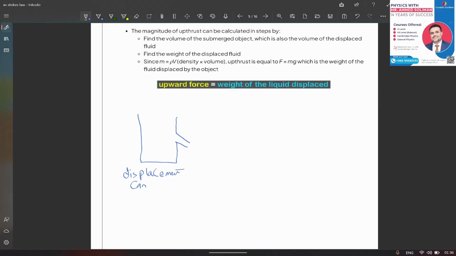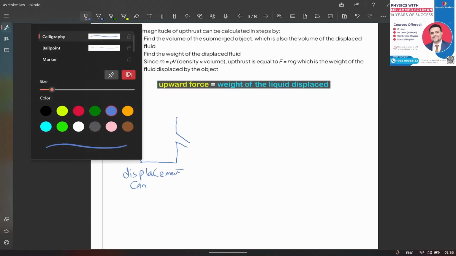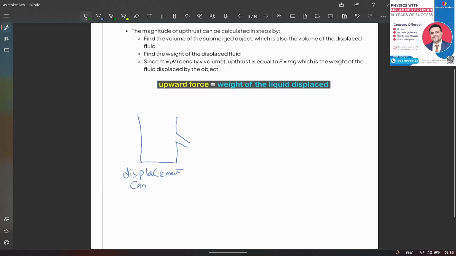And the displacement can is filled with water until the spout. So we have here water or any liquid. We fill it with liquid until the spout. Okay. And after that, we will also place